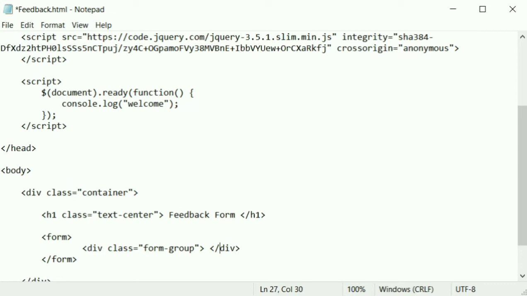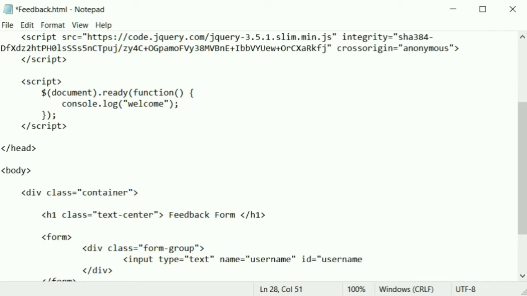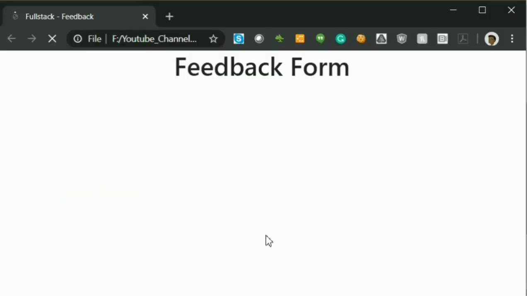Within this div, I'm going to give some input elements. So first one, I am planning to give username. So user can type in their name here. So the type is text, and I'm going to name this input element as username. I'm giving the ID for this field, ID equal to username, the same one, and I'm closing this. Within that, I'm giving a class equal to form-control. These are all bootstrap classes. This will display as a form element here, and I'm just refreshing the page.